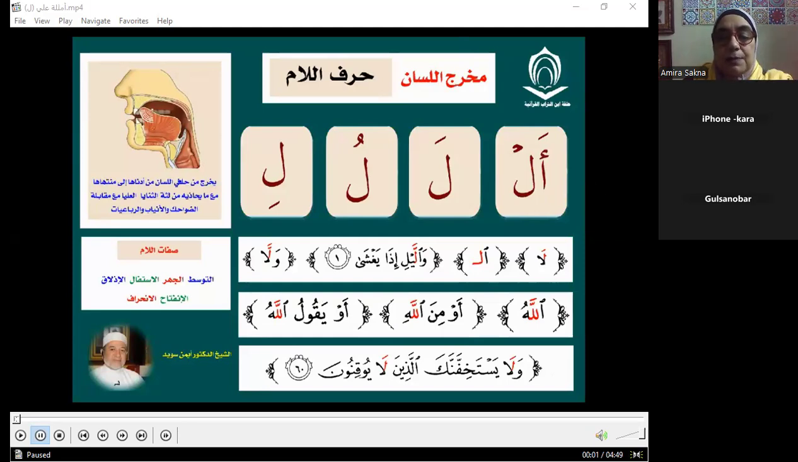Al, al, la. I'm going to pronounce the lam from its articulation point, and then I'm going to pronounce fatha. La, lower the lower jaw, more than we lower it with kasra and ya. La, lu, lu, li, li, la, al,